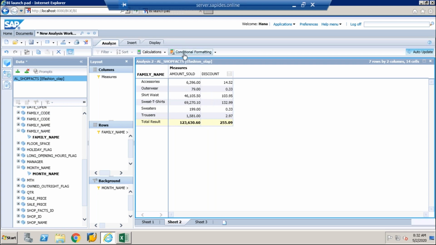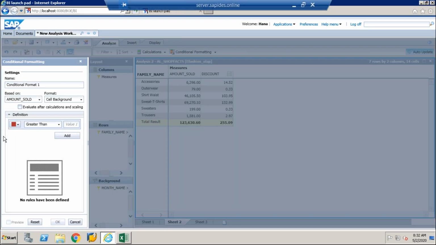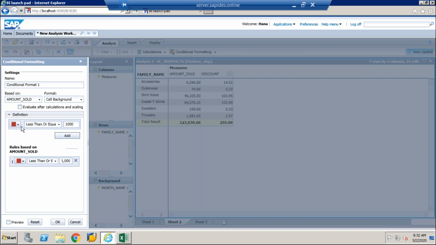And next, conditional formatting, same thing. If you want to show less-than colors, greater-than colors, I can add a new formatting. I can display the amount sold, the cell background, where we want to check the value. So I'll say is less than or equal to 1000, red, will be bad sales.